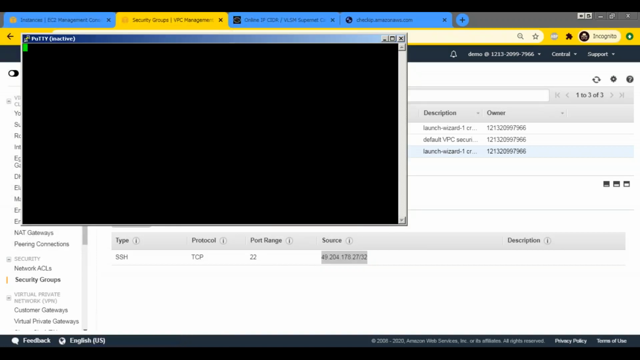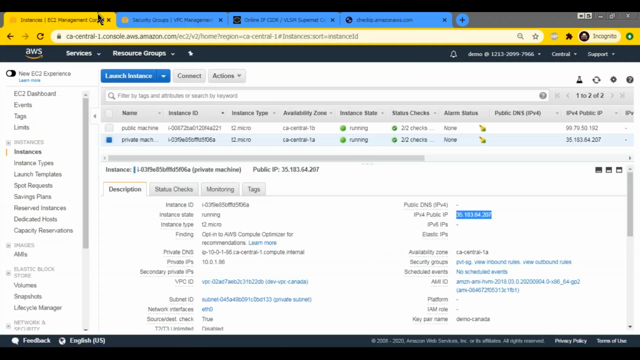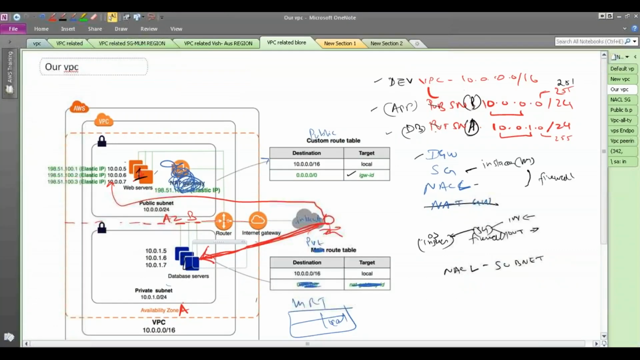Because of the routing table, yes, because the machine is in what we call the private subnet. So if the machine is in the private subnet and you give it a public IP and you open all the ports also, traffic from outside will not come inside directly because it does not have a path to come in. It does not have a path to come in. So even if you give your machine a public IP, you open all the ports, traffic from outside will never come